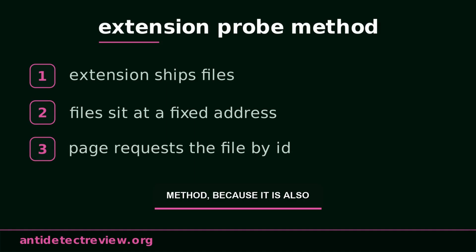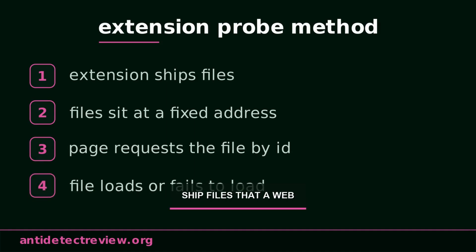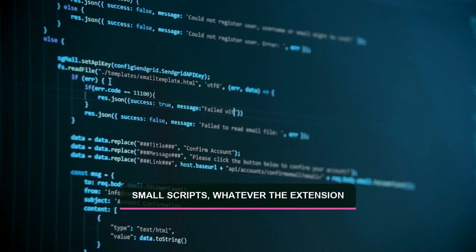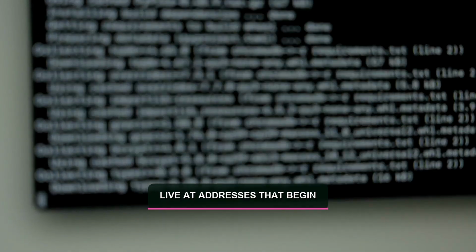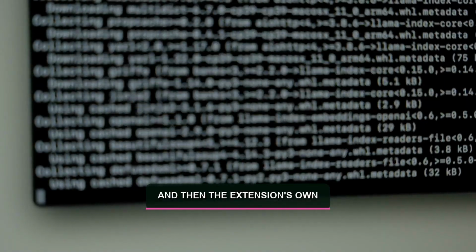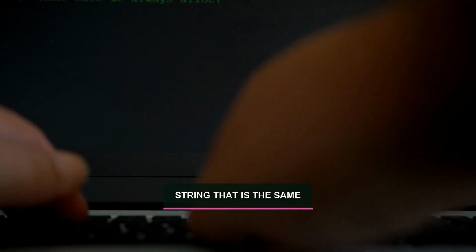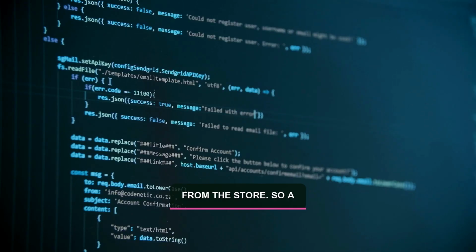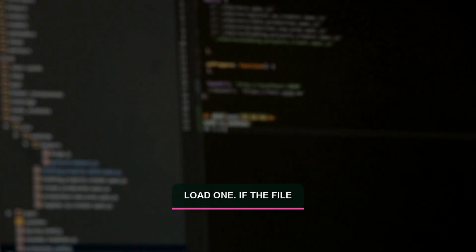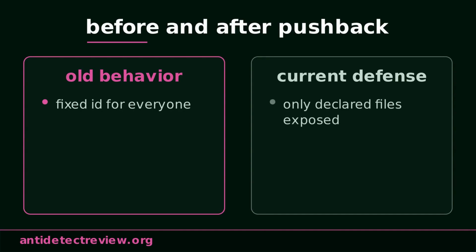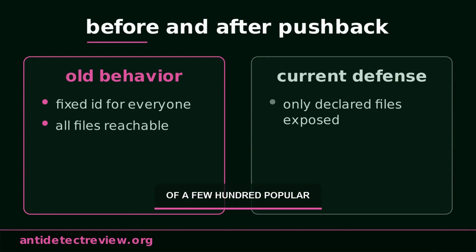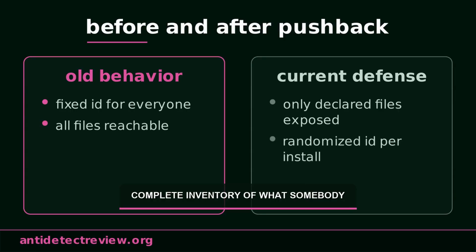Start with the most direct method because it is also the oldest. Many extensions ship files that a web page is allowed to load. Images, style sheets, small scripts, whatever the extension needs to inject into pages it works on. Those files live at addresses that begin with a special scheme and then the extension's own identifier, which is a long fixed string that is the same for everybody who installed it from the store. So a page can simply try to load one. If the file loads, that extension is installed. If it fails, it is not. No permission, no interaction, and the check takes a few milliseconds. Run that against a list of a few hundred popular extension identifiers, and you have a fairly complete inventory of